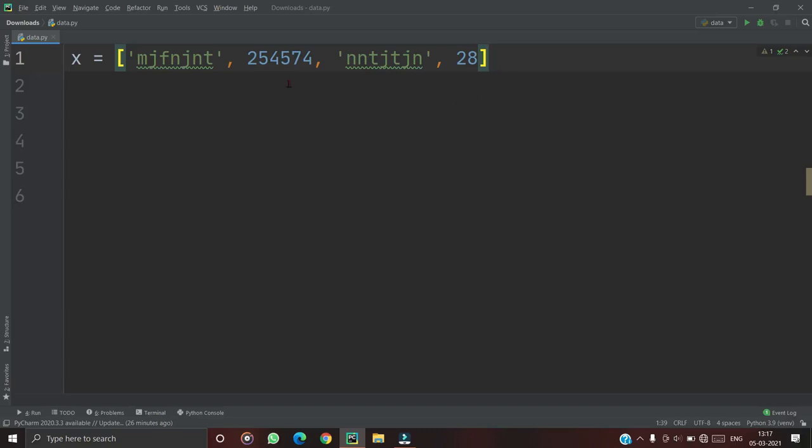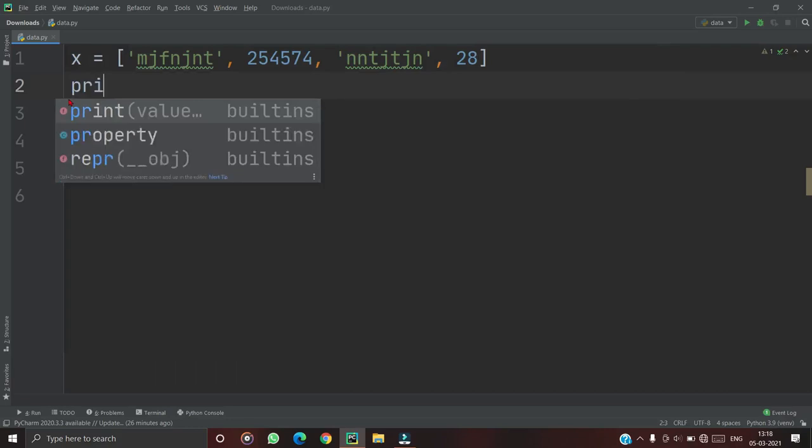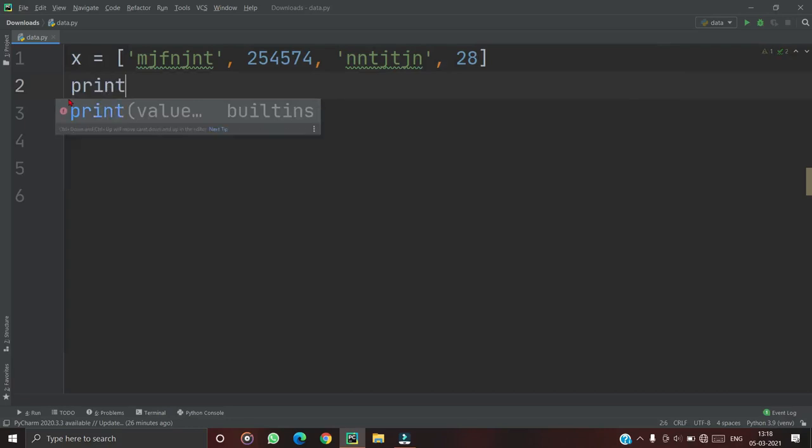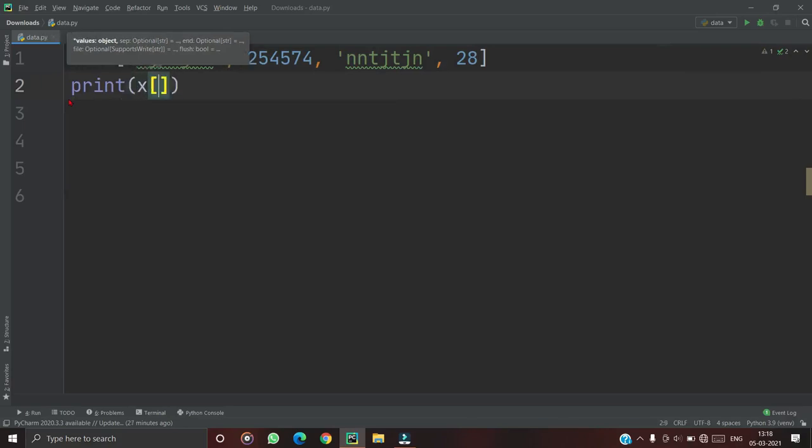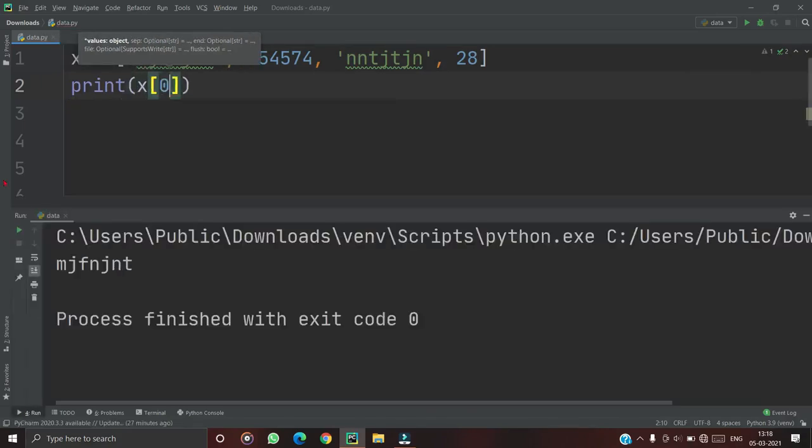That's clear. Now, accessing values in a list: similar to strings, indices start from 0 going forward, like 0 1 2 3. If I want to print the first element of this list, I print x[0]. If I print this, this is the first element.